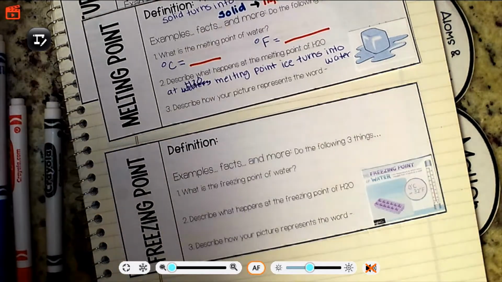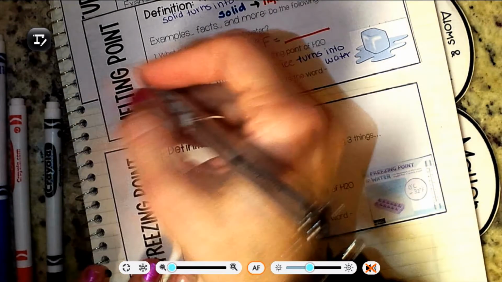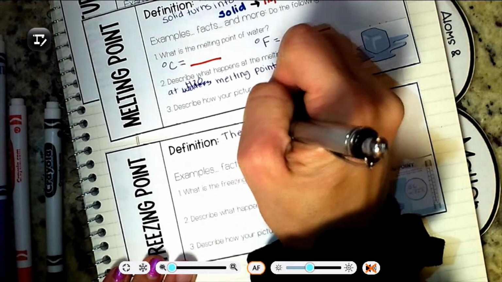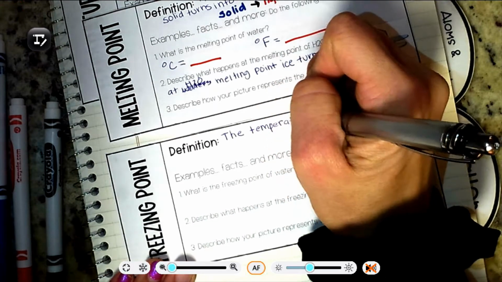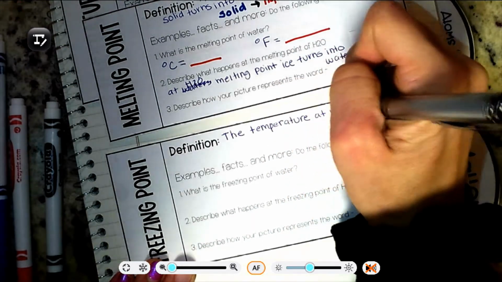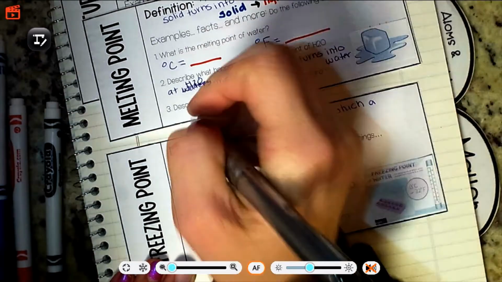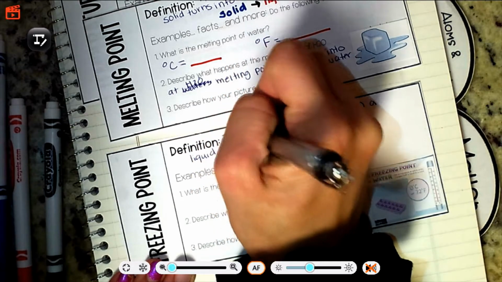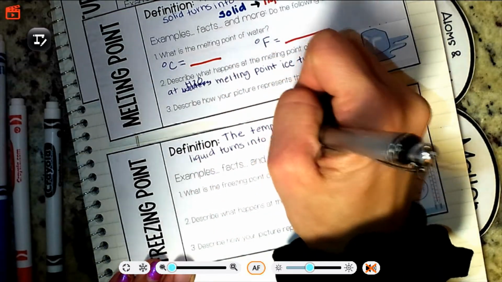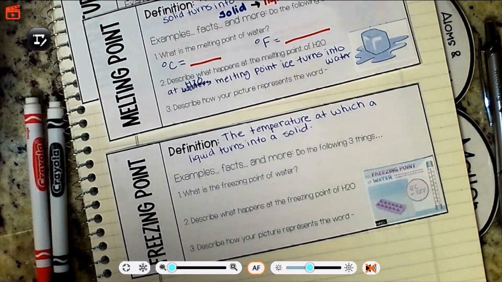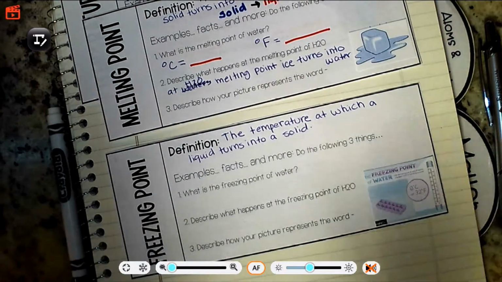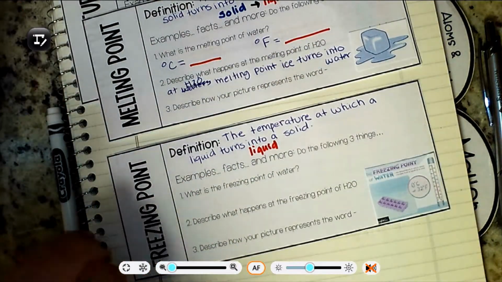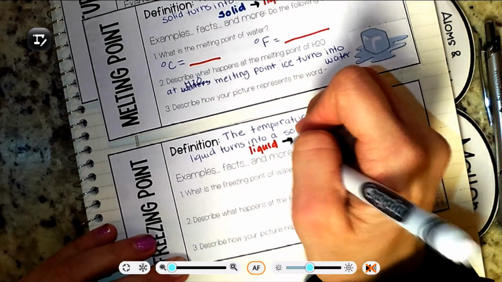Okay, we've got freezing point. This definition is also going to be very similar to the last one. The temperature at which a liquid turns into a solid. So we're going to go liquid to